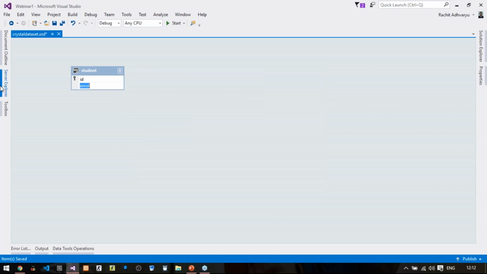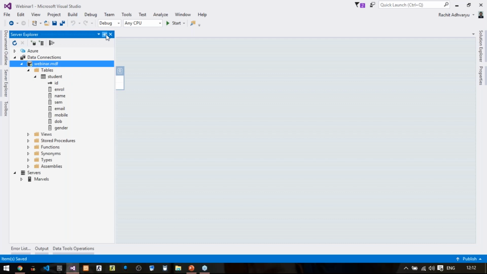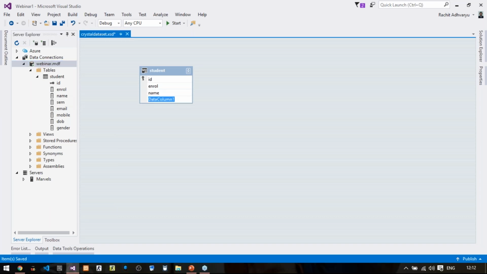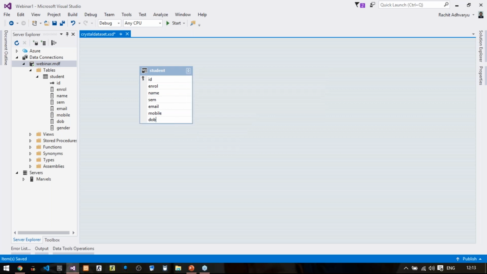ID, enroll, then I'm adding a new column called name, add a column semester, add a column email, add a column mobile, add a column DOB, add a column gender.